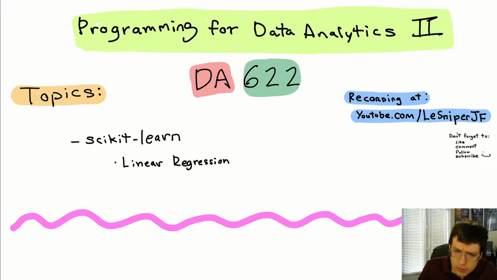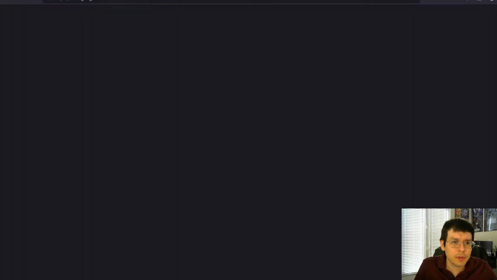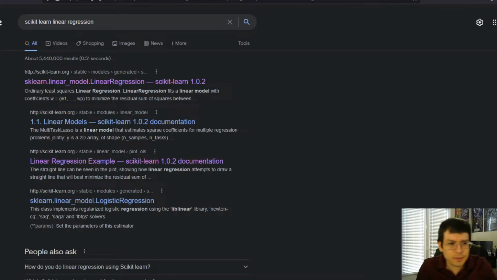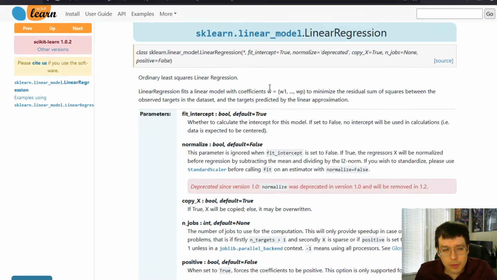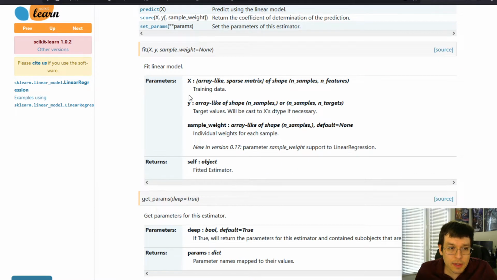Okay, so scikit-learn has a linear regression function that you get to use, and I'll just pop it up right here. Basically, if you go into scikit-learn, let me actually Google that. So, scikit-learn linear regression. This is basically the documentation you get. So, ordinary least squares linear regression, and then you get your parameters and your attributes, the functions that you have,